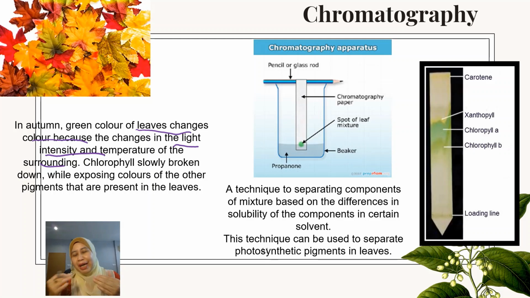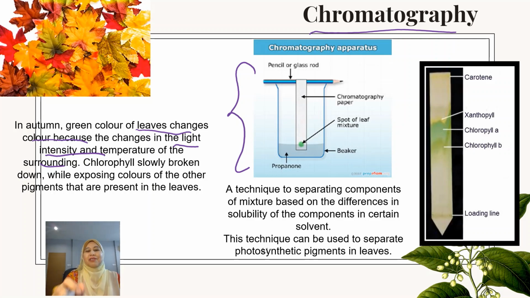So how can we actually see the pigments that are present in the leaf? We can use this method, that is chromatography. So what is chromatography? This is the apparatus set up for the chromatography experiment.